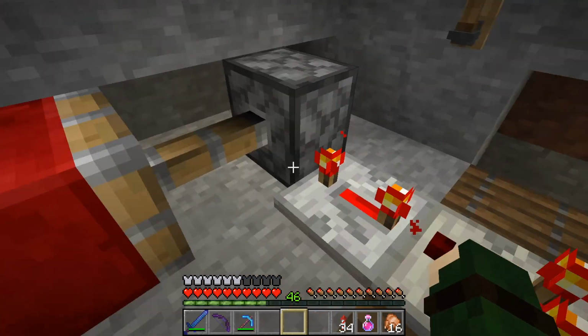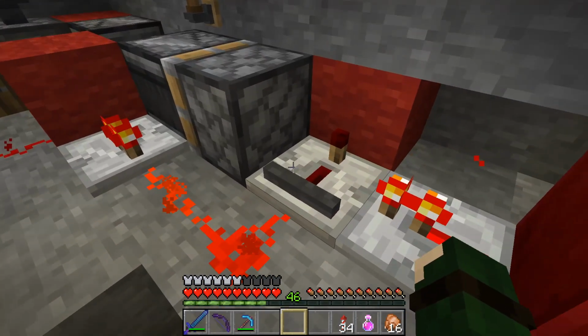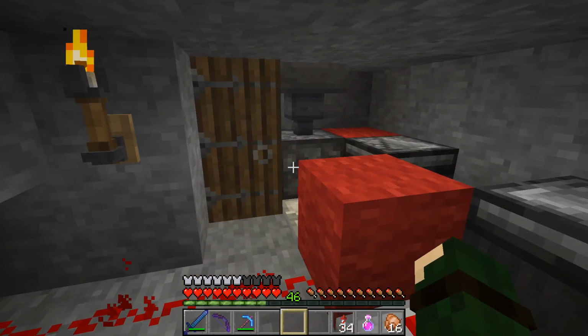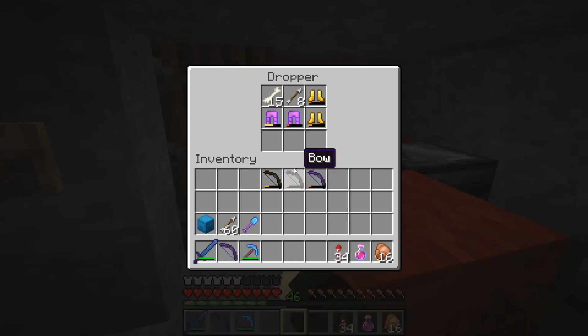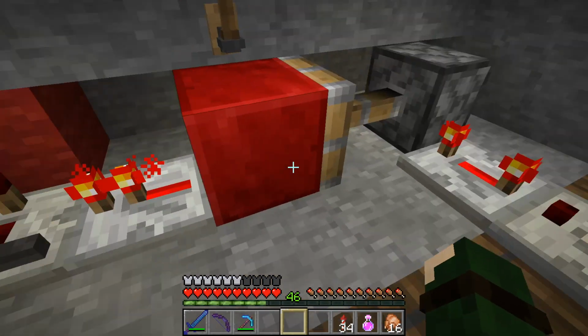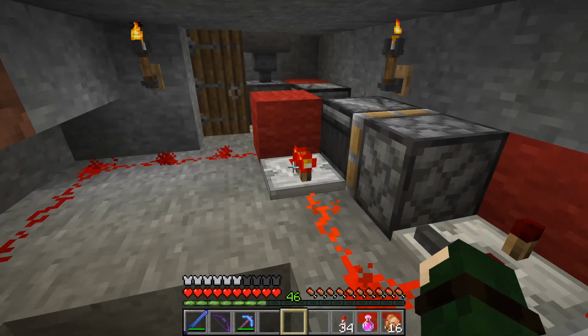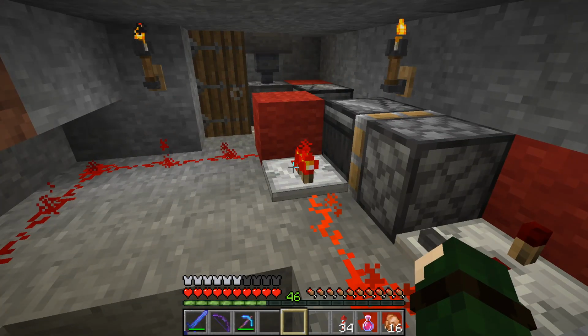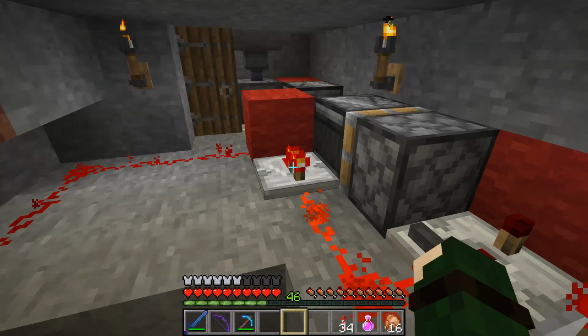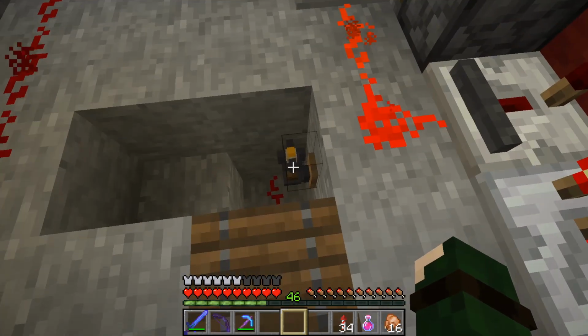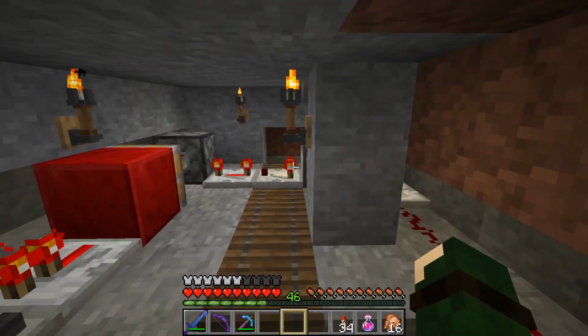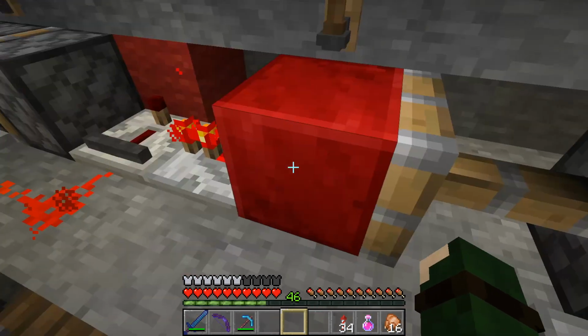What it actually does is it keeps the piston pushed out and locking this repeater so it doesn't constantly spit out items. What it does is the buffer fills up, and then it retracts this piston, and it empties out the whole dropper, which is awesome. And then what happens is when it's empty, it sends this signal right here and toggles the T flip-flop again and pushes it back to lock it.